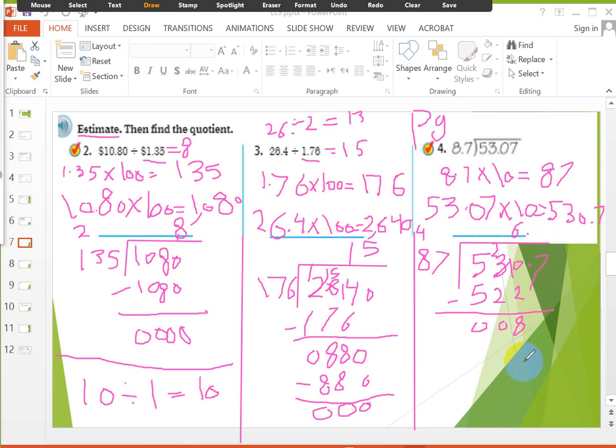So I will take the 7. 87 divided 87, very easy I think, so it will be 1. 1 multiply 87, and this is the answer. The answer is what? 6.1 tenths. Okay, this is the answer or the quotient, and if you round this number to find the estimate,